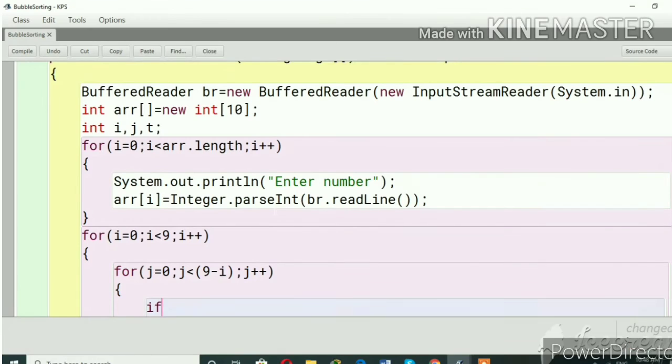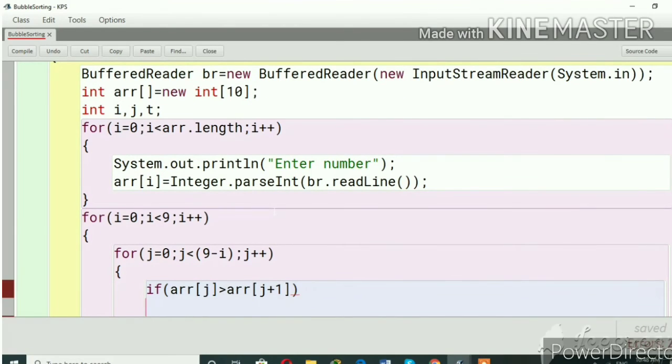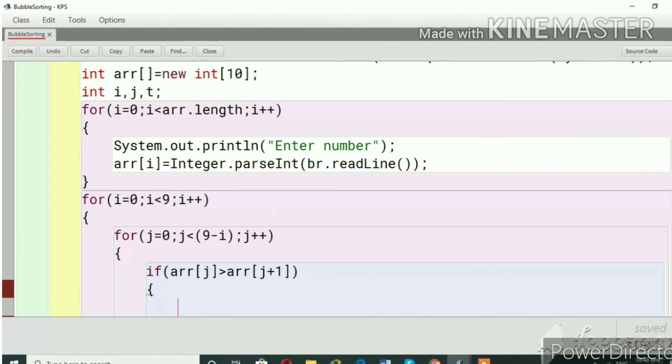To compare the consecutive elements, the syntax is if arr[j] greater than arr[j plus 1]. If this condition is satisfied, then we will do the swapping.